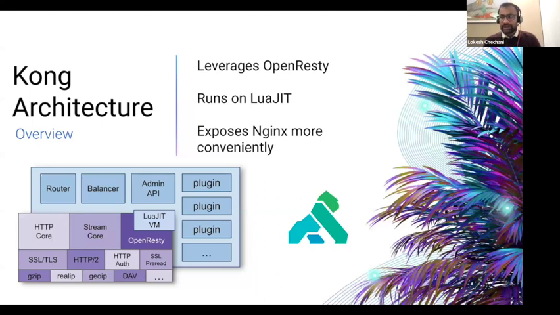The reason is that Nginx is completely written in C, and for Kong, we have to come up with a developer-friendly language in which they can write transformations or authentications, which is very hard to write in C, but which also gives performance as good as C. That's why Kong is written entirely in Lua, which uses the LuaJIT compiler,